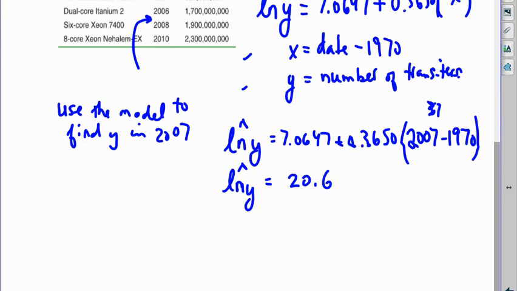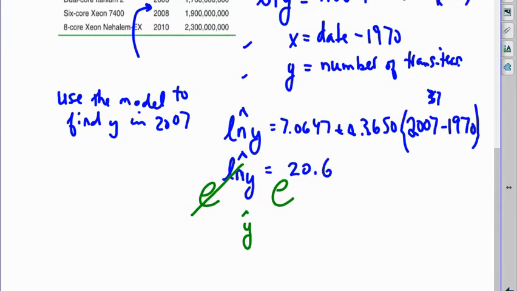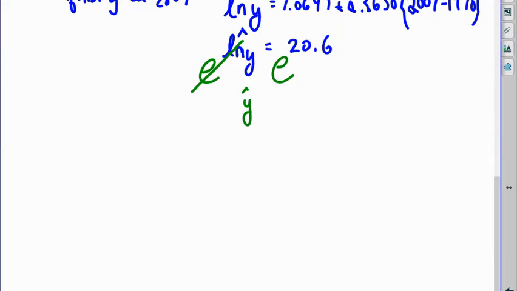The inverse of a natural log is the base of e. So if I take the base of e on both sides, that will cancel my natural log with the base of e, meaning that my predicted y value, if I slide this up, will be, and then on your calculator, you should have an e, which would be right there on the same key as the natural log. It'd be the second plus natural log. So e, raise it to the 20.6, and that means that I predict that we're going to get